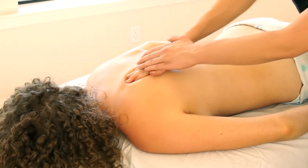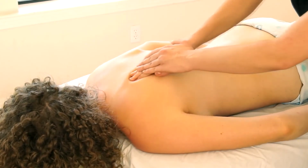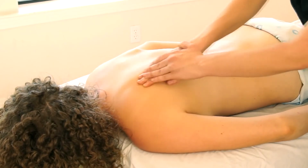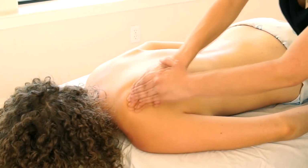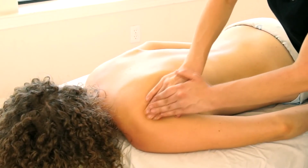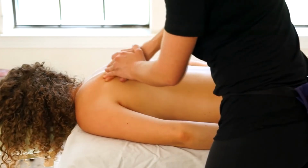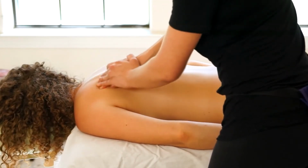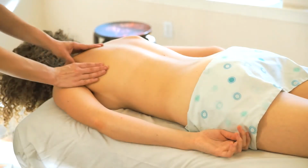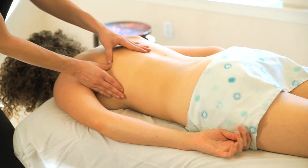I'm going to come around and once again do some circular effleurage around the scapula. Warm it up. And then focus on top, those muscles that lie right on top of the shoulder blade. And once I've worked those to my satisfaction, I'll come in and strip underneath, pulling the latissimus dorsi away,